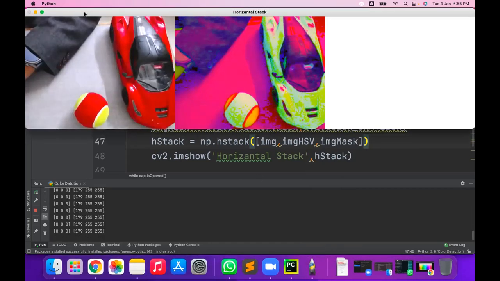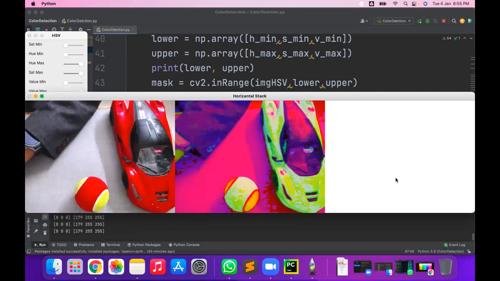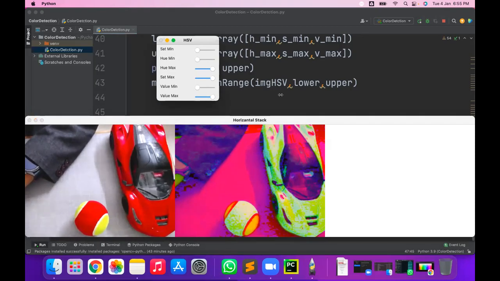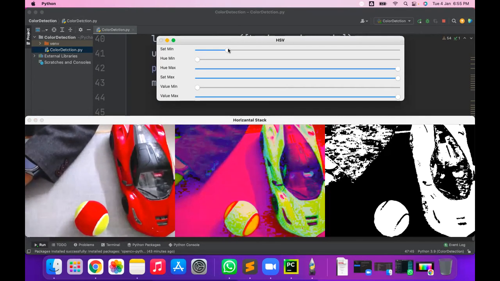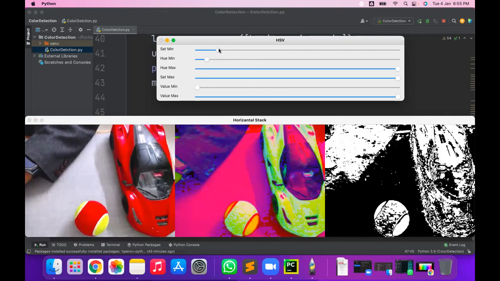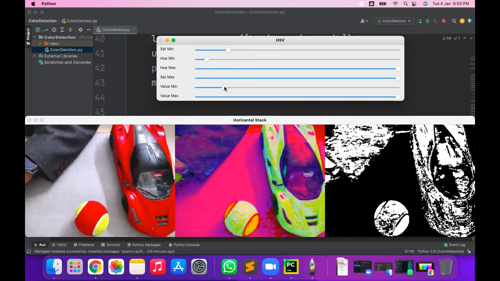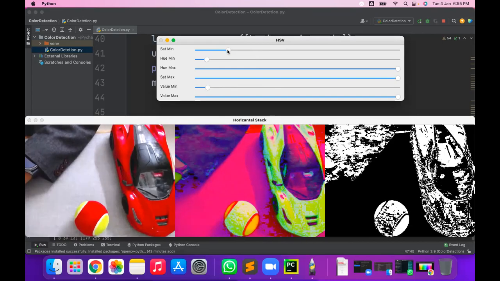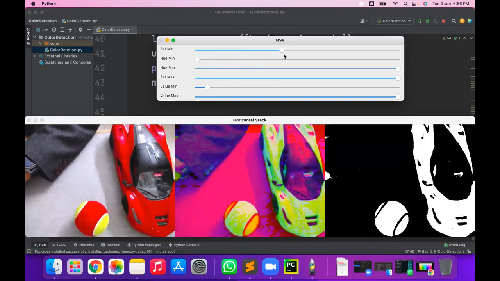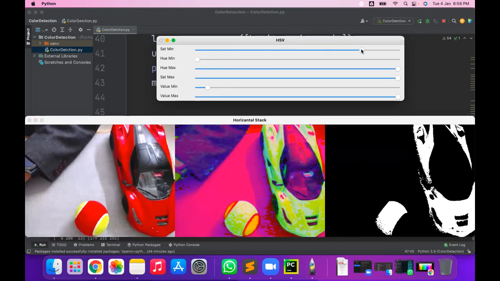Yeah, it is not giving any error. Now you see here the mask is blank, and you can check the mask by varying these values. You see I vary the values and the mask changes. Whichever color you want, you can get the values; now you can read the values from here.